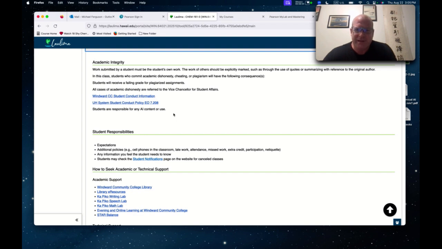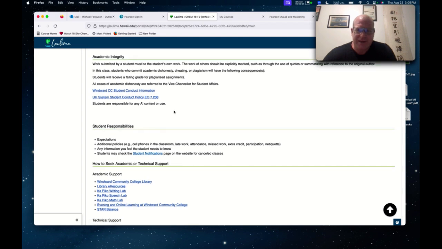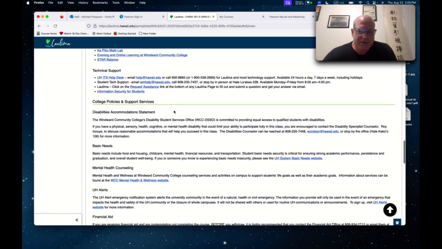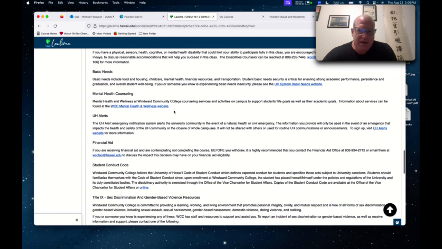Some lawyers have been using AI, and AI can make things up that are not real, so keep that in mind, that if you do use AI, you are held to what you use it for and what you turn in. So it's almost like putting the wrong numbers in a calculator sometimes. And here are the various services.